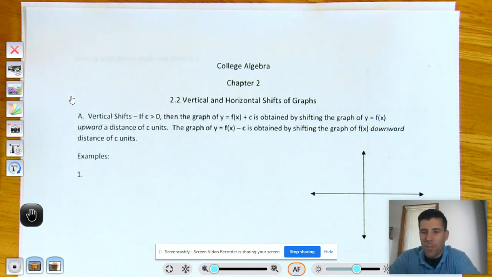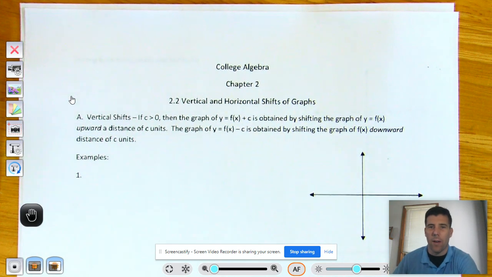Okay, here we go. This is just going to be me working through a few examples. If you watch the video or look at the notes, this is something that you probably have already learned how to do in Algebra 1 or Algebra 2. But we're just talking about how to shift a graph up and down or left or right. And that's done by adding or subtracting. Okay, so the first thing I want to point out is,